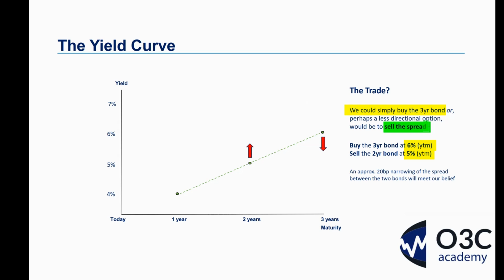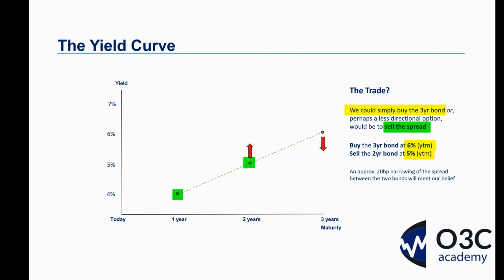we believe this 2 times 3 period is not correct. We're not happy with it. Everything else, perhaps we're happy with. We're happy with that 1-year rate. We're happy with that 2-year rate. But it's this 2-year, this year period that begins in 2 years' time and ends in 3 years' time that we're not happy with. So if we were playing things very, very simply, and maybe we should just think about